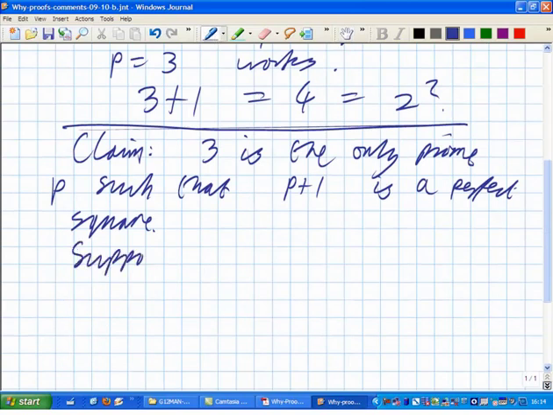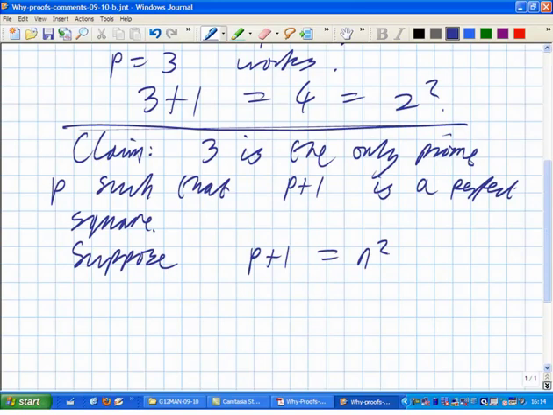So suppose p plus 1 is, I think you went for n, is that right? N squared. In this case, p is n squared minus 1. Right, so what do you do with that? So n squared minus 1 is n plus 1 times n minus 1. Good, so you're factorising it and writing it as n plus 1 times n minus 1. That's very good. The only value of p apart from 3, n plus 1 and n minus 1 would both be factors of p which aren't p or 1, so that wouldn't be a prime number.